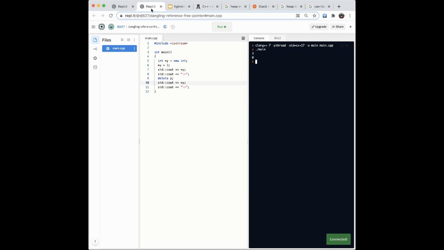In our next case, we have y, and pointer y equals a new memory integer. This is basically the same as malloc in C. And then we set y to point to 3. Here we're going to print this out, and check, it's 3. Now when we keep this delete line in, this will free up the memory of